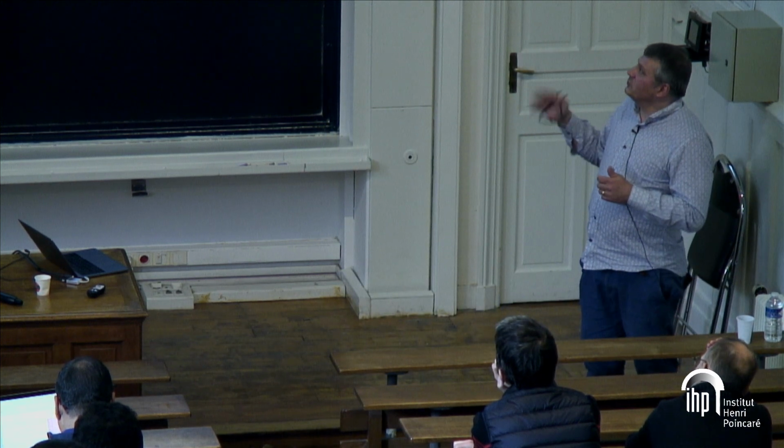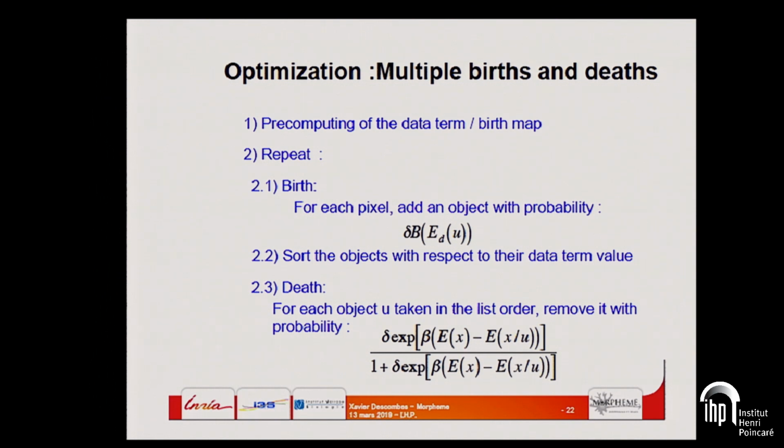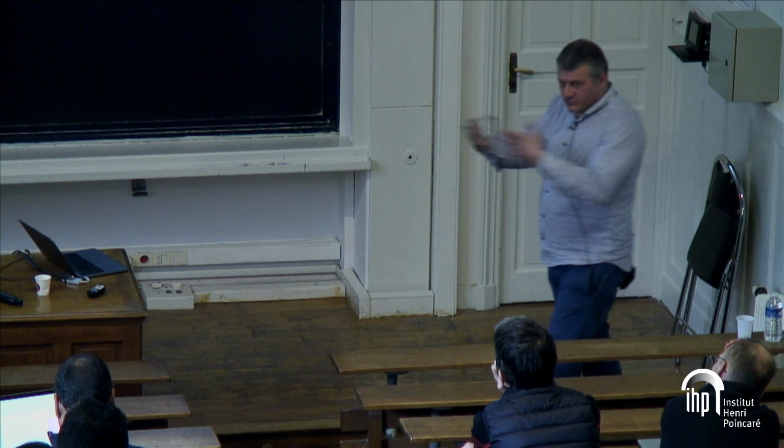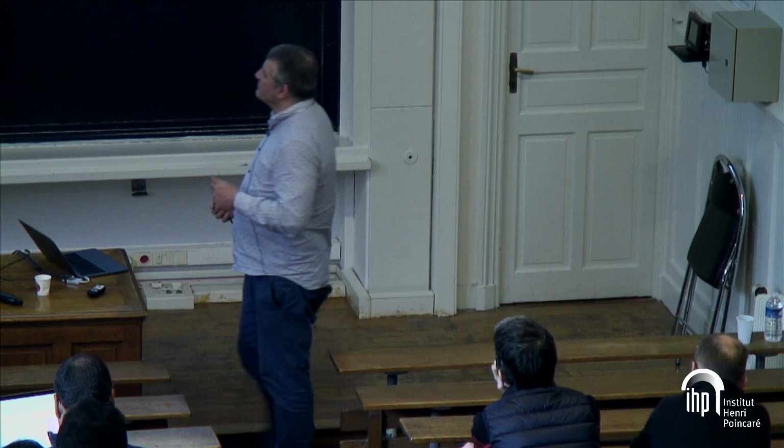In this algorithm, you have two main parts in one iteration. In the first part, you add a lot of objects, with some different probability, and there is no rejection at this stage. So even at low temperature, you can add a lot of objects, and you can still shake your system even at low temperature. Then the second step is a death step, where you take each object and you delete it or not with some probability which is computed in order to get the convergence.